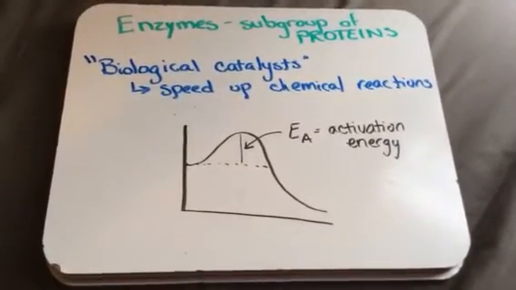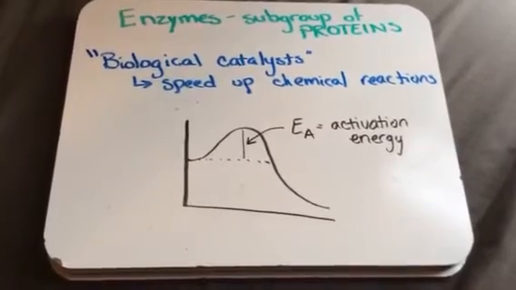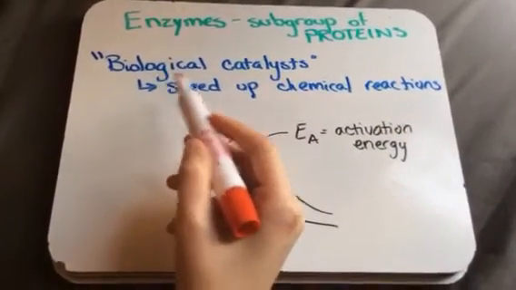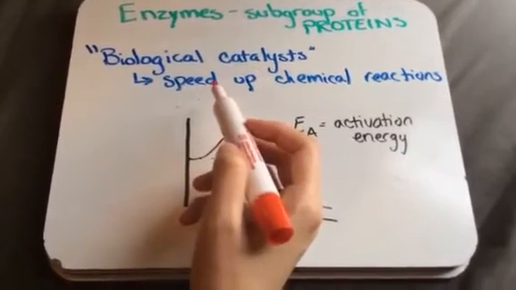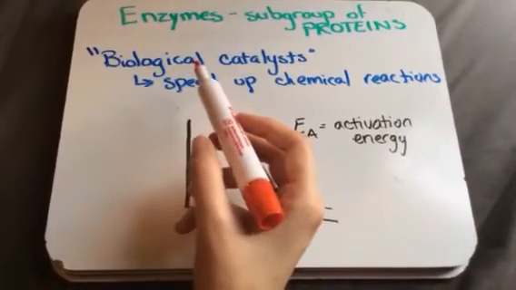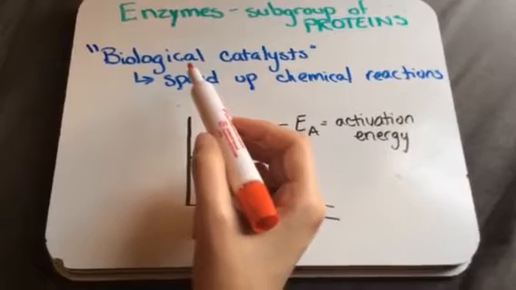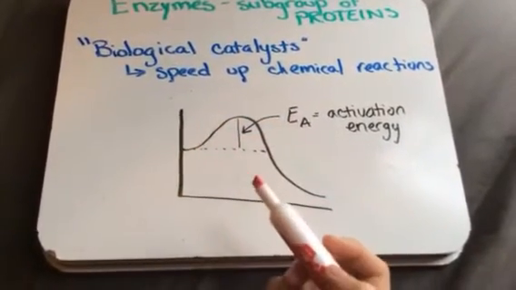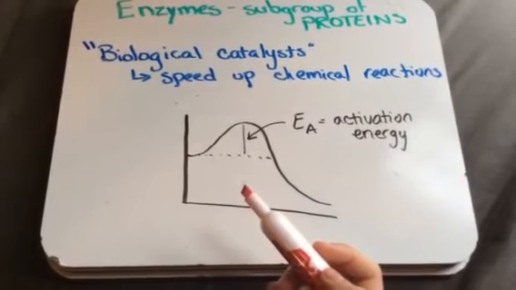All right, now let's look at enzymes. Enzymes are a very special subgroup of proteins. These are called biological catalysts. A catalyst is anything that'll speed up chemical reactions, but when we say biological catalysts, we're talking about catalysts that are necessary for life. Now, the way they do this is they lower the amount of energy required to start